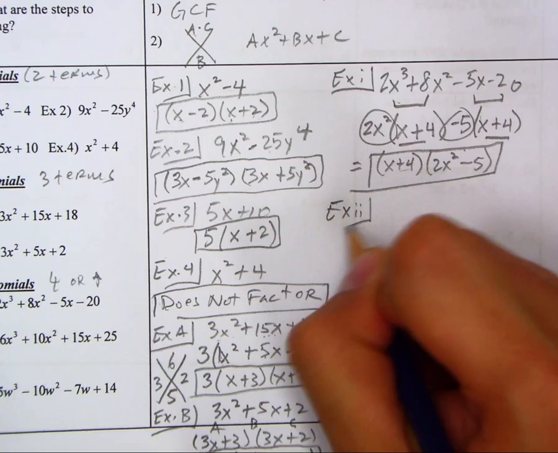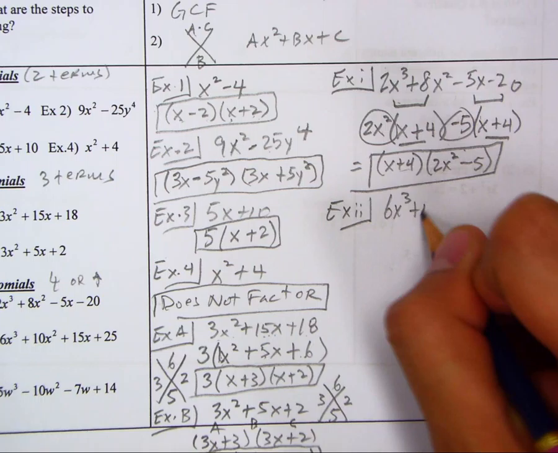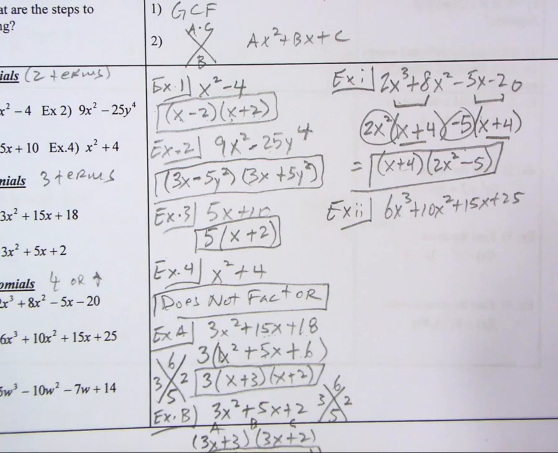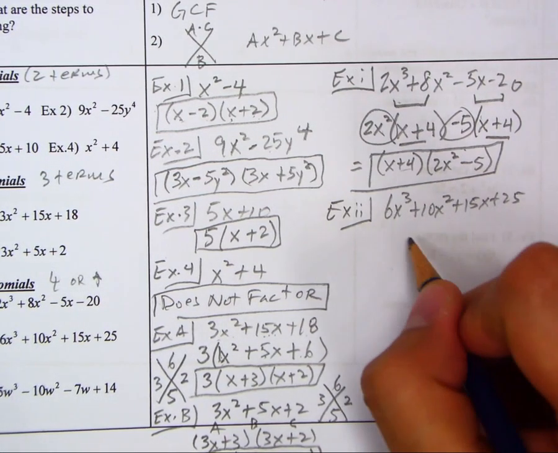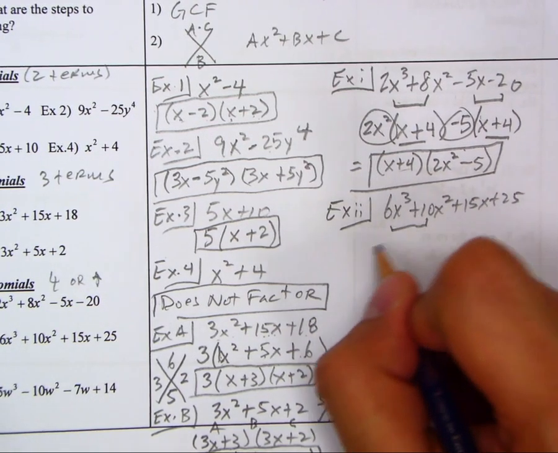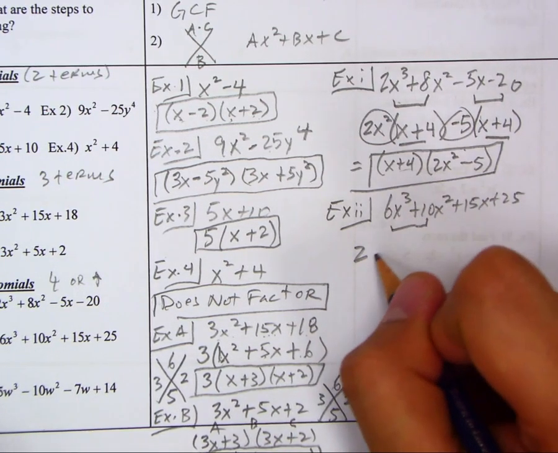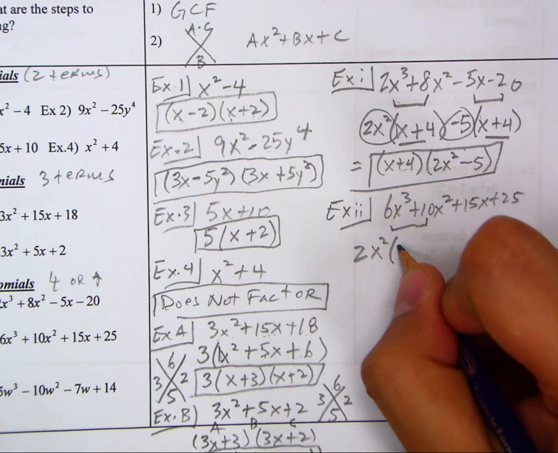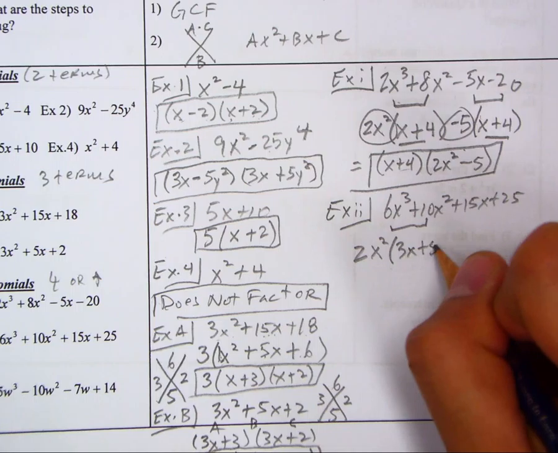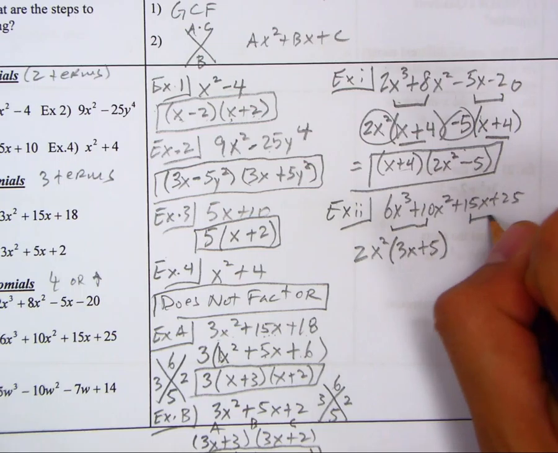Example II. 6x to the third plus 10x squared plus 15x plus 25. There's 4 terms, no GCF, so I'm going to group the first 2 terms. The first 2 terms, the GCF, what goes into 6 and 10? 2. The lowest number of x's is x squared. So 2x squared times 3x gives you 6x cubed. 2x squared times 5 gives you 10x squared. GCF of the third and fourth term